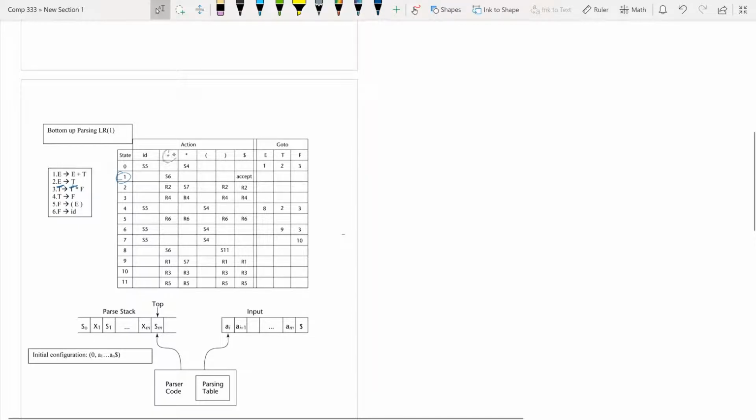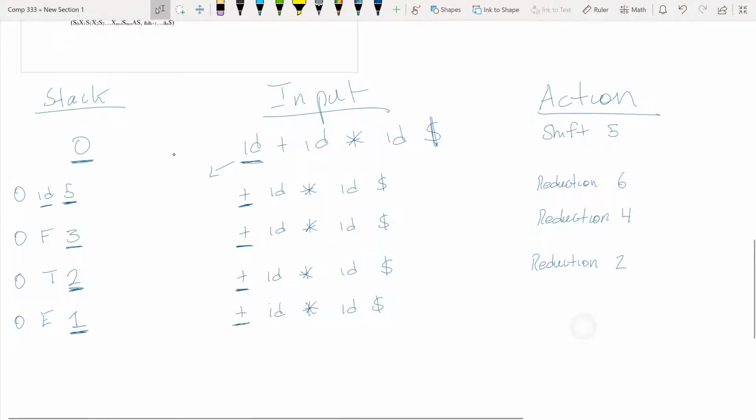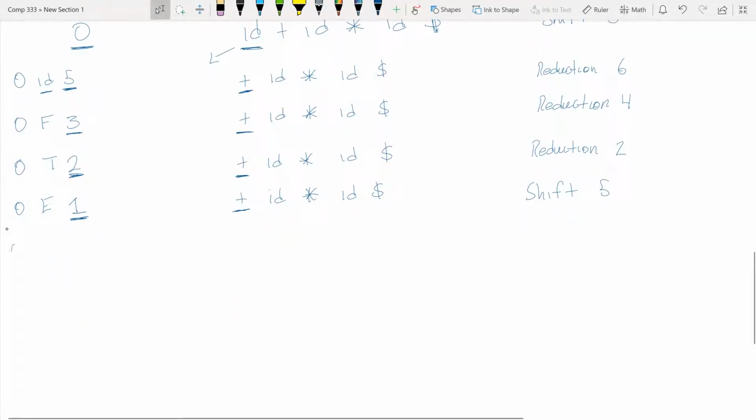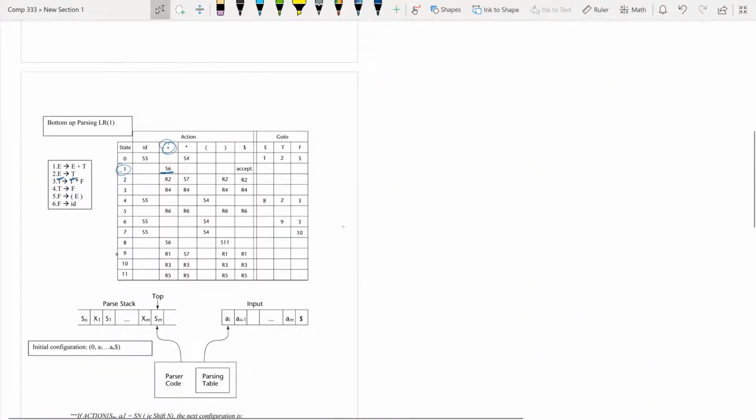we get 1 and plus, and we get shift 5. So if we look at shift 5, that means we have 0, E, 1. Now we bring this over here, plus, and a 5. And then this turns into ID, multiplication, ID, and money sign. So here we can just go straight to the next thing. We look at 5, and we look at ID. So we go up to the big table,